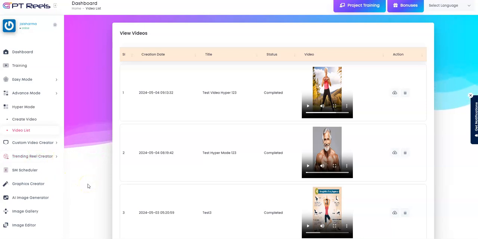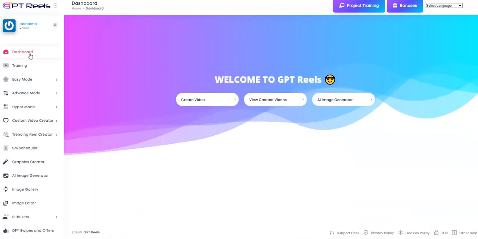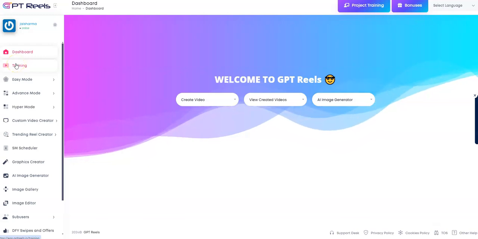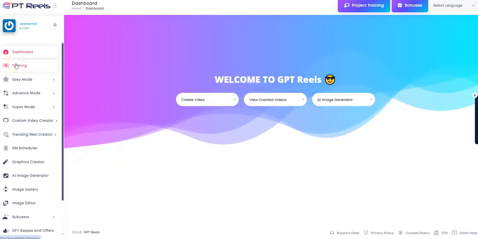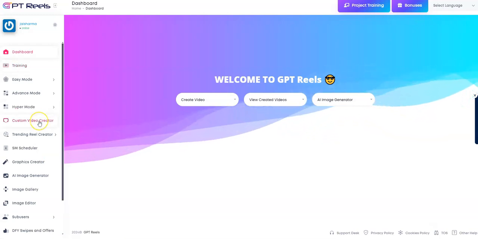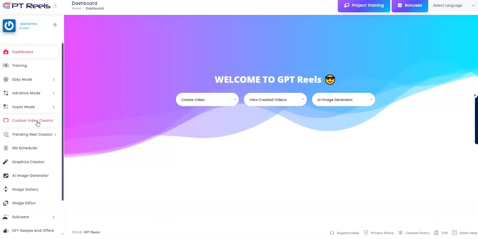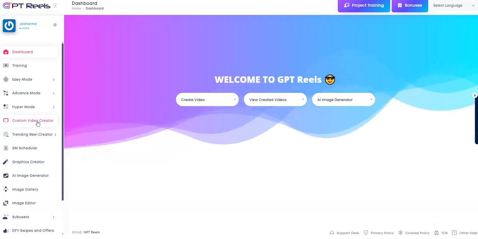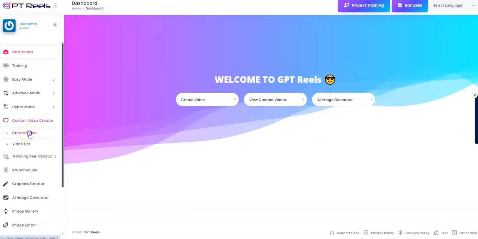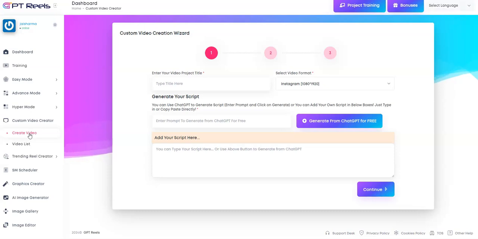So guys, moving to the next section now, let me just go back to the dashboard, and the most important mode in this, again, all are important, but again, customizing the video from scratch, if you want to make your video from scratch, is this particular section over here, which is custom video creator. So this actually will create a video for you from scratch. And let's just name this video over here as test video custom